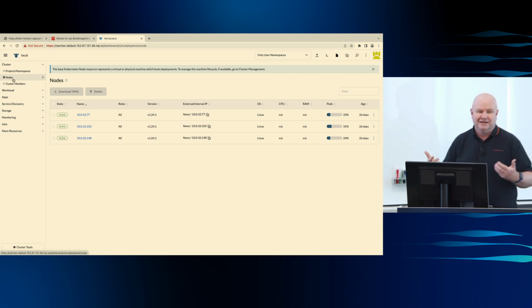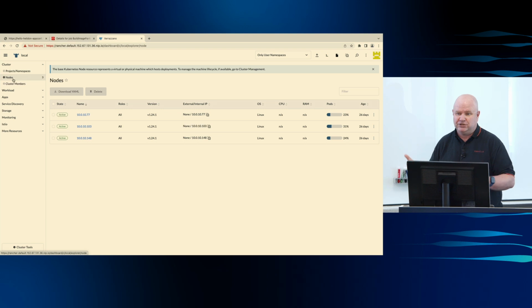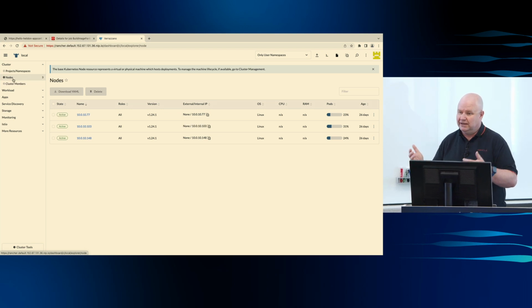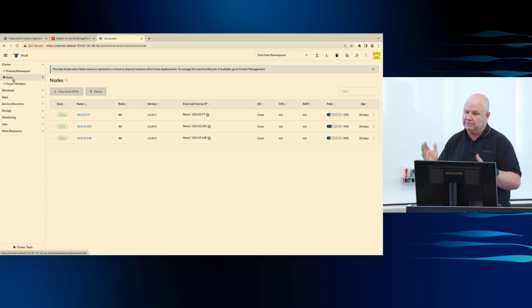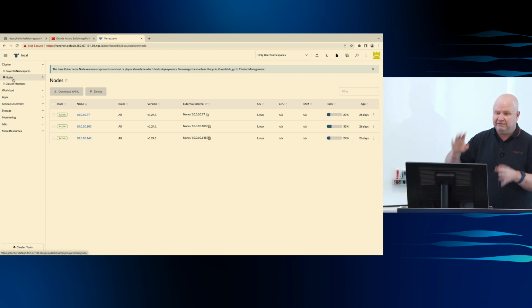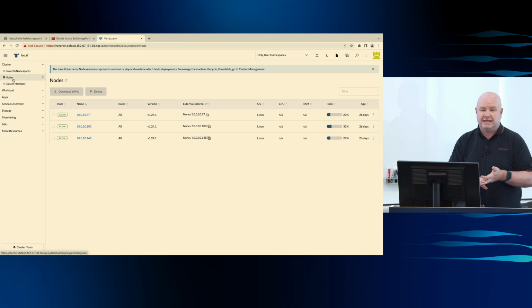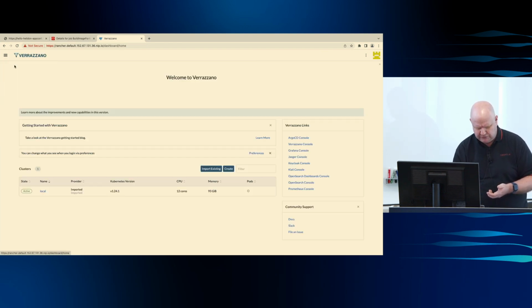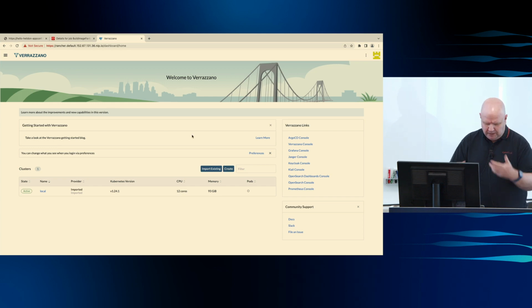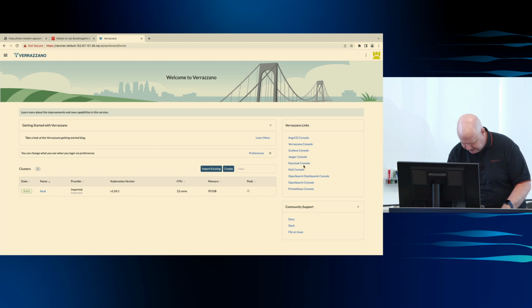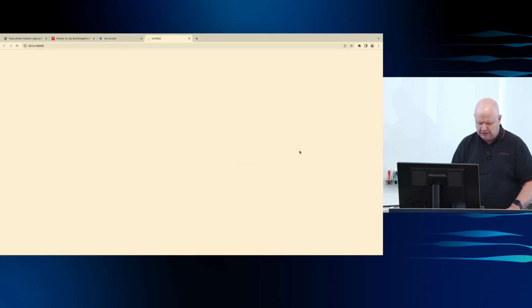The default implementation of managed Kubernetes on Oracle Cloud assumes 3 different availability domains, 1 node in every availability domain. I'm using that. You can navigate, you can manage it, monitor that. You can create a cluster, scale up a cluster through that console, and all these capabilities that you have in Rancher, Verrazzano offers you through that console. For example, you can go to Grafana. If we go to the Grafana console,